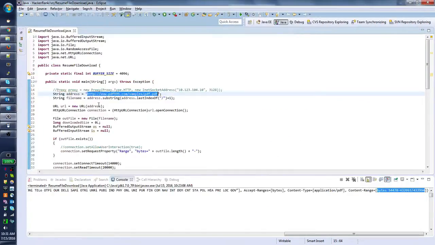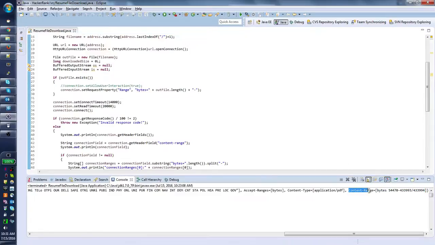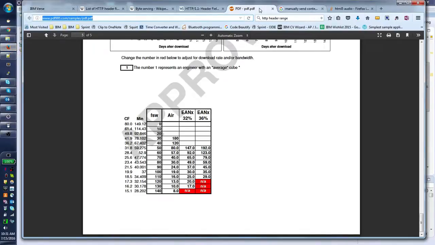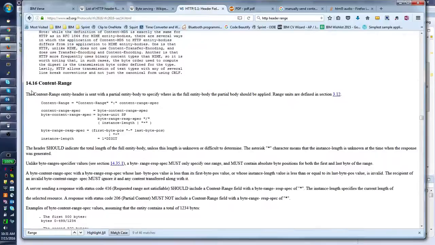So the way this works is it utilizes an HTTP protocol header called content range. Basically, content range is sent with the partial entity body to indicate where the partial body should be applied.